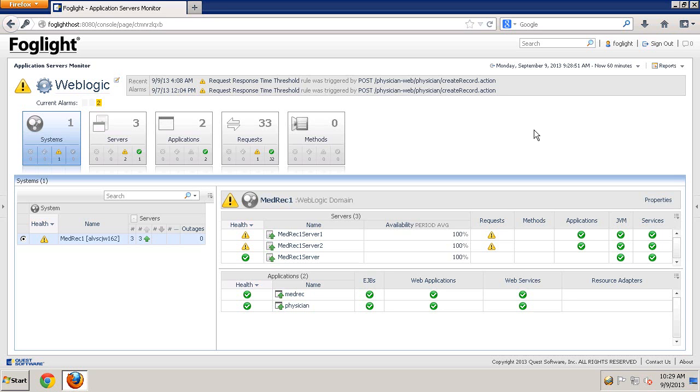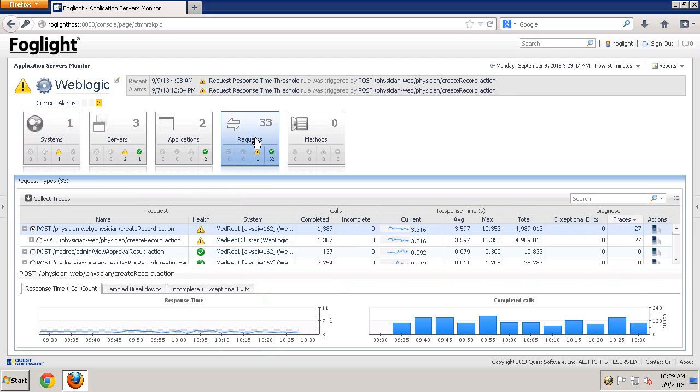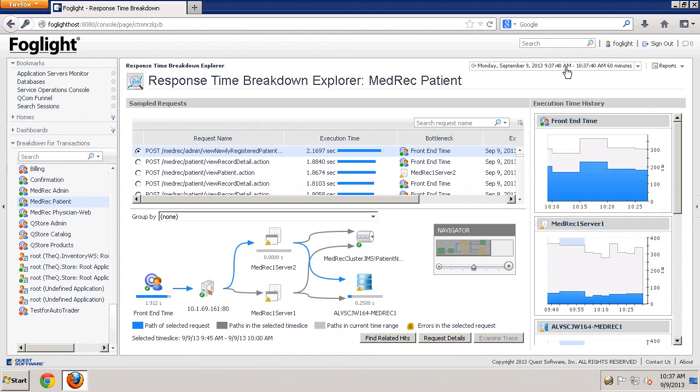A lot of our customers are using Foglight to monitor the Java application servers. They monitor their servers, their applications, as well as the requests that are running on those application servers. But how do you transform this to this? A view that shows you the transactions in the system, indicating to you the slowest request in that